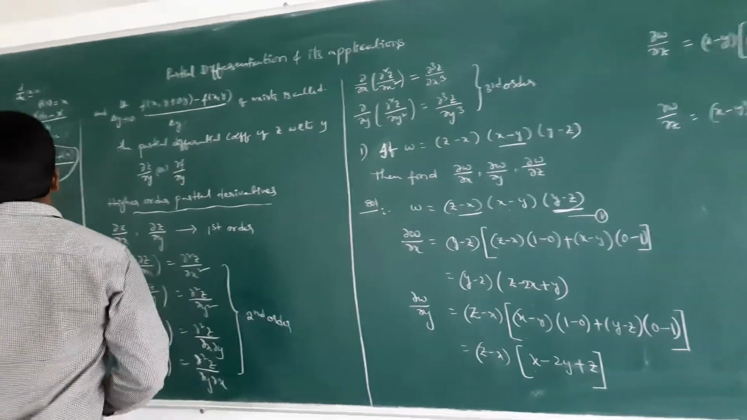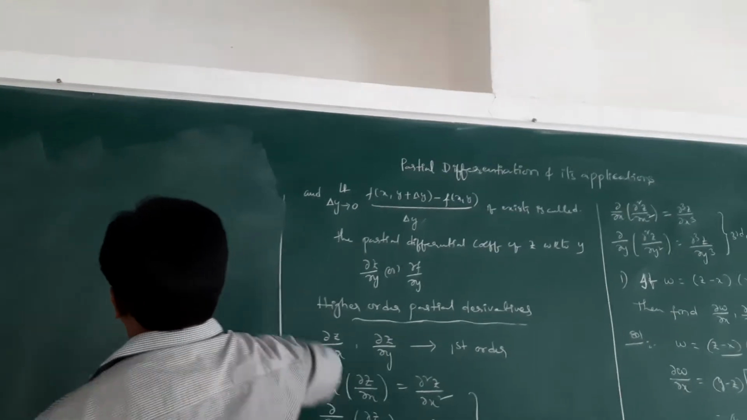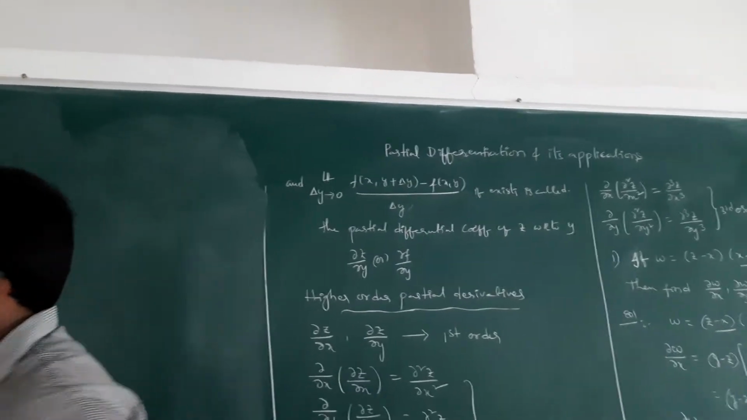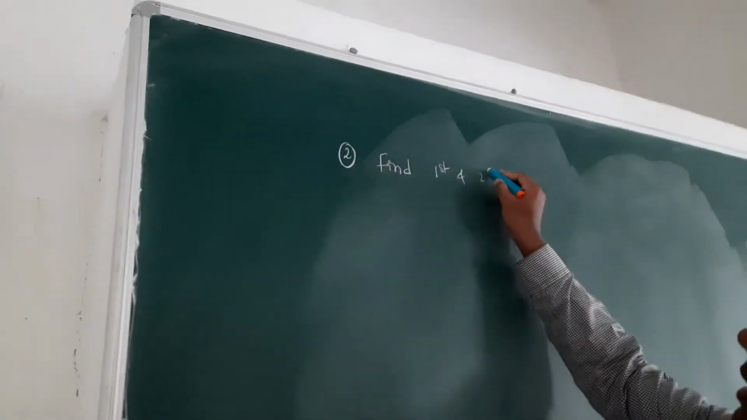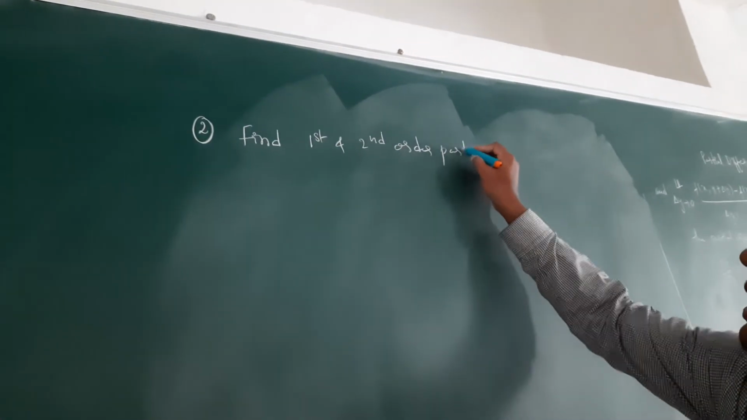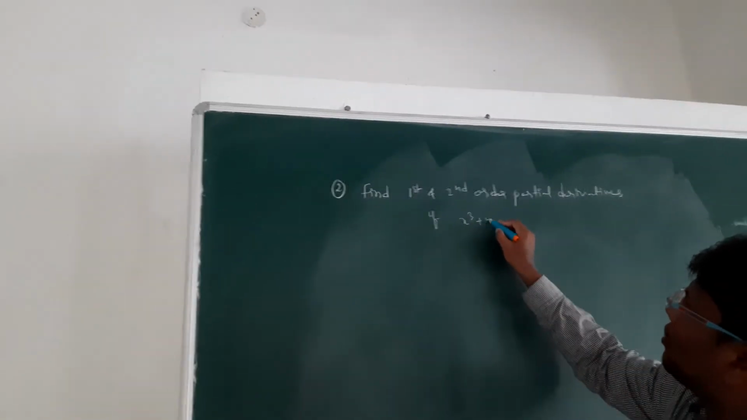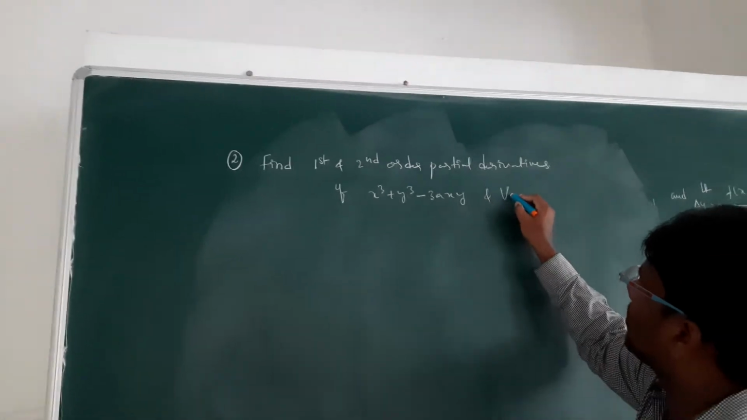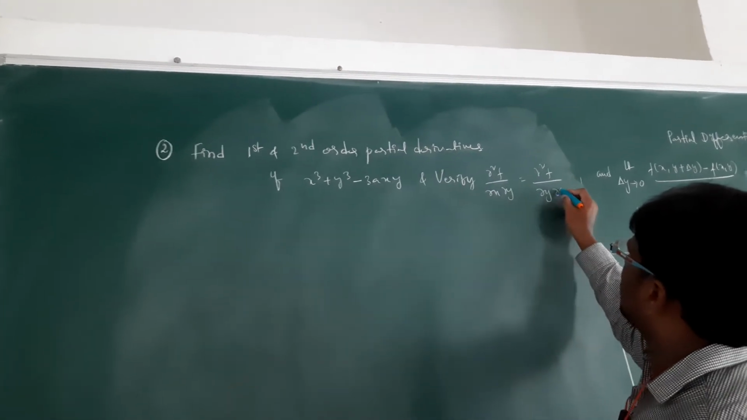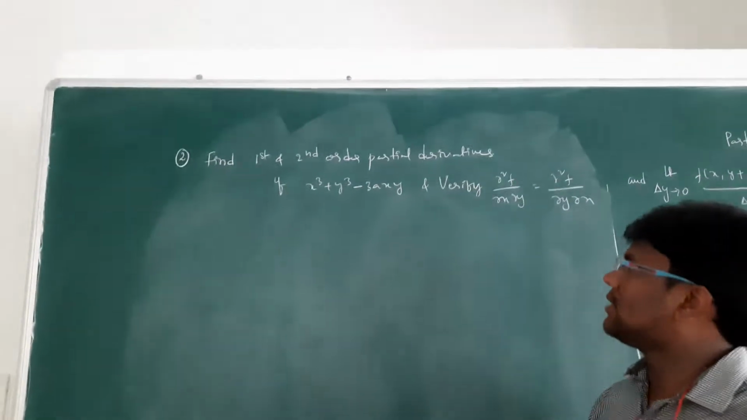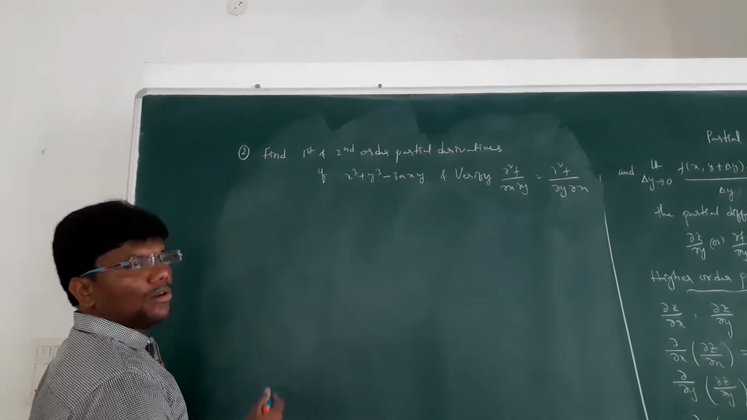Next, one more problem. Second problem. Find first and second order partial derivatives of x cube plus y cube minus 3axy and verify dou square f by dou x dou y is equal to dou square f by dou y dou x. Solution: